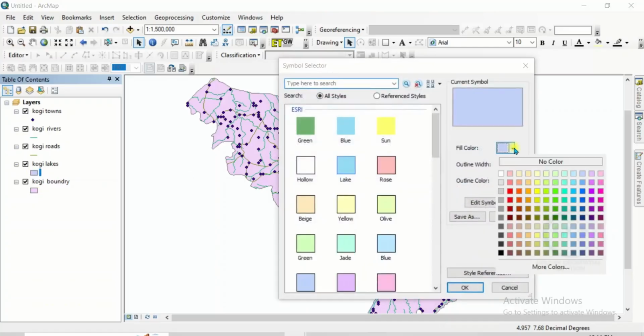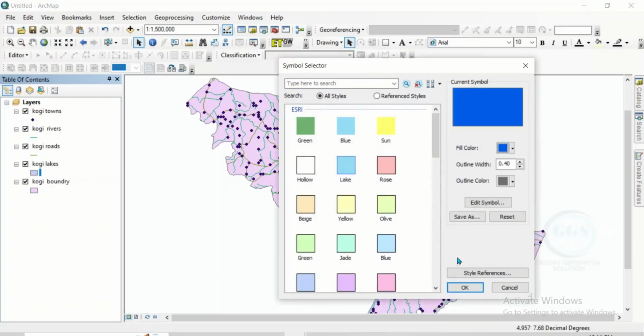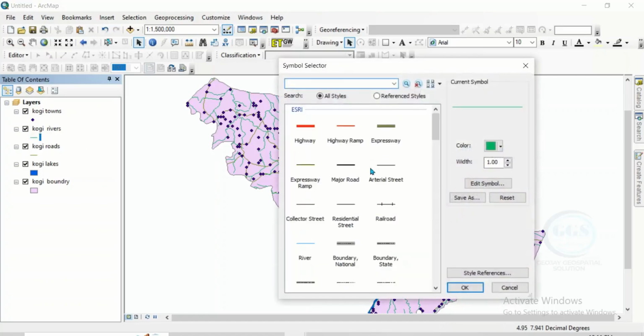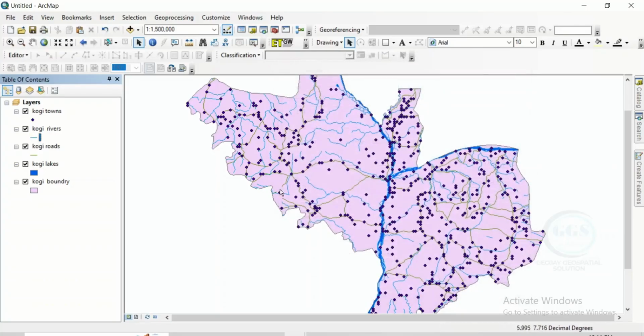Now, if you look at this, let me change the color of this. Let's say to blue. Click on OK. Then river. Let's give it this color of river. Yes. Now, if you look at it,